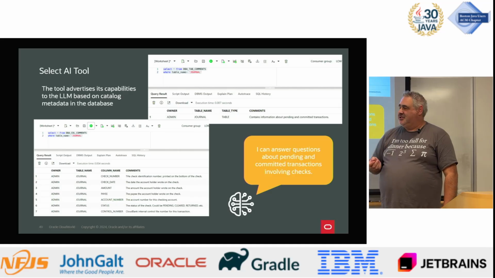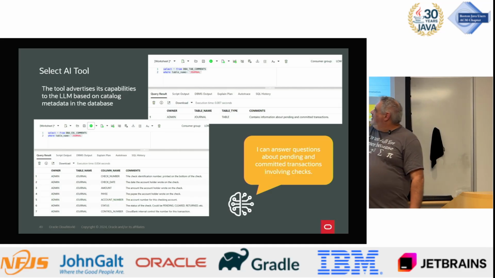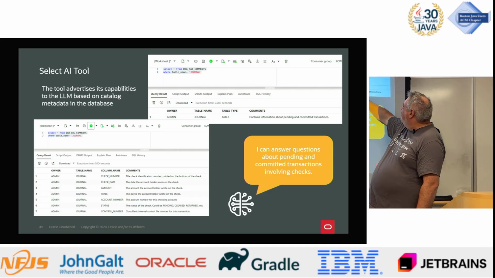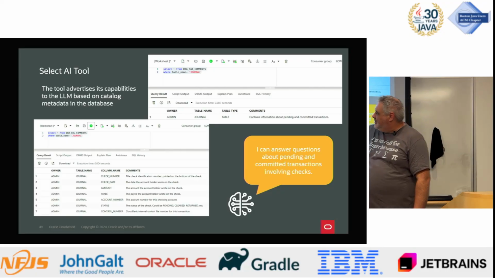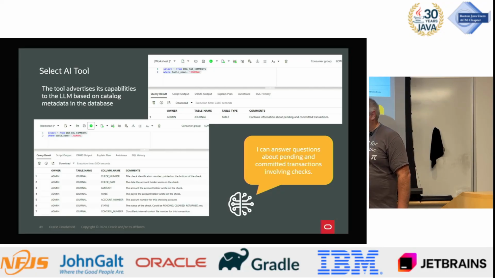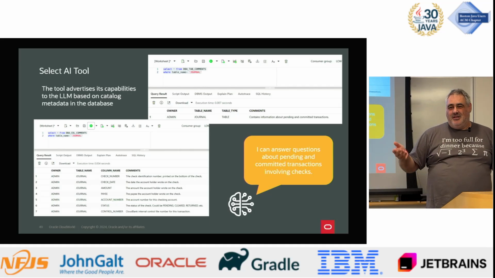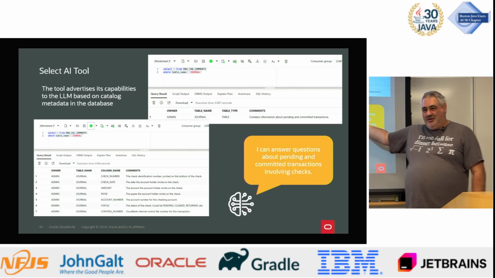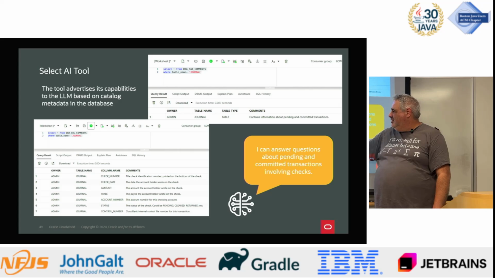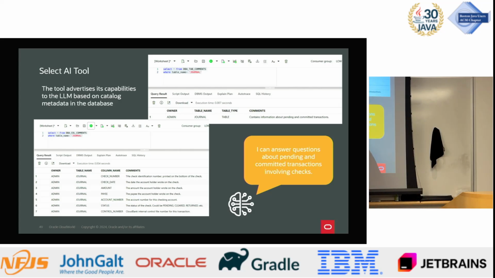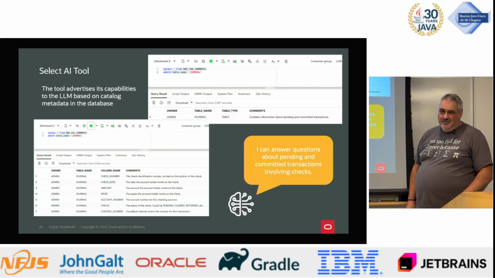So you can say, I have a table called journal that contains information about pending and committed transactions, and here are the columns, and it explains them. If you bothered to do this, the catalog tells you what the columns mean. Here they're kind of obvious, like amount, but if your columns are like C1, C2, C3, the LLM can't do anything with that. It doesn't know what they mean, right?